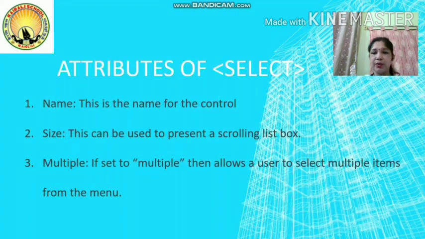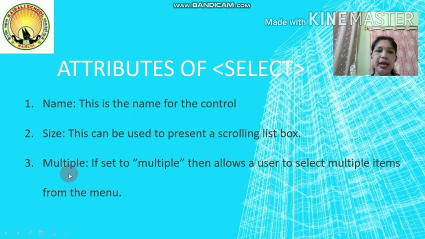Next are the attributes of select. As I told, more attributes are there. In the given example, we had used the name attribute only. Other than that, we have size. Size is the attribute which determines how many values are displayed, like we had three values. When you execute the form, should all the values be displayed on the screen, or only one value, and when you click on the scroll down button, all the options will be shown? If you give the size attribute, then a scroll bar will be added just next to the control so that you can scroll down to see all the options given.